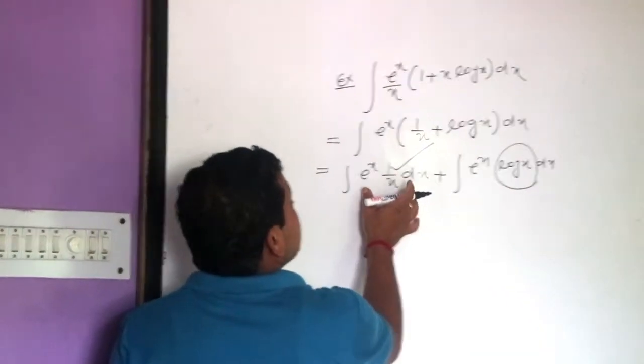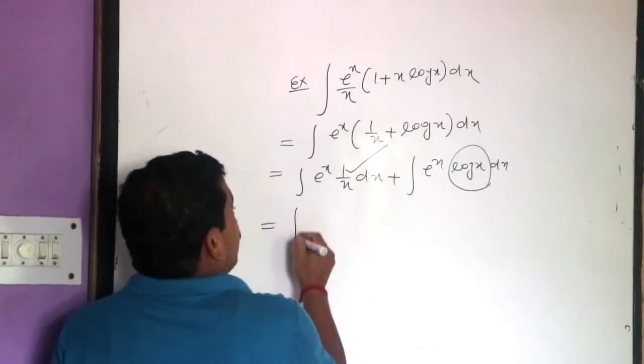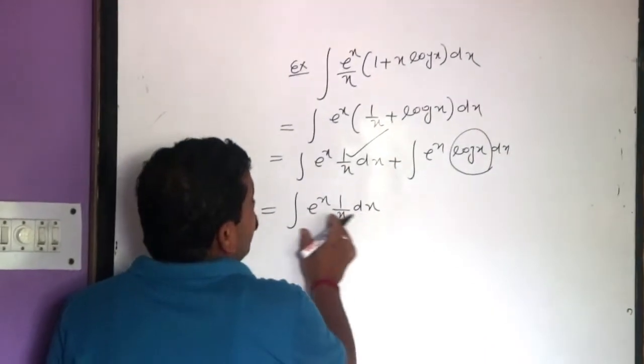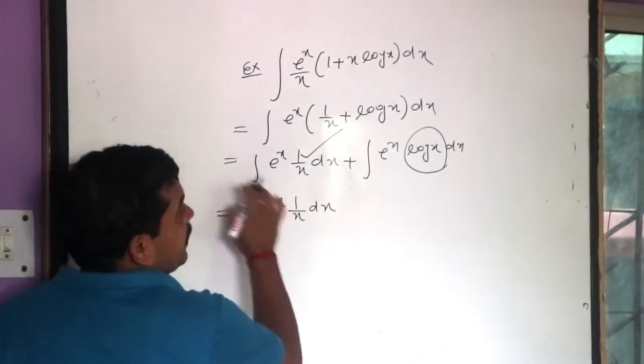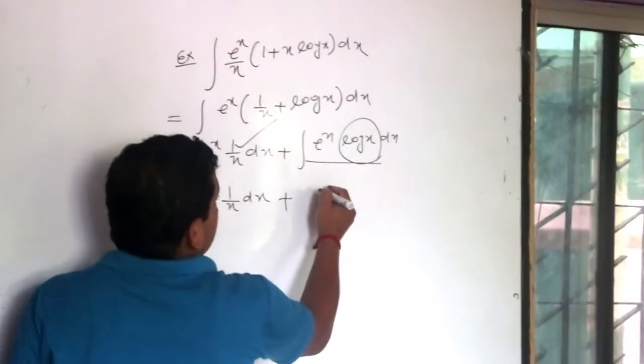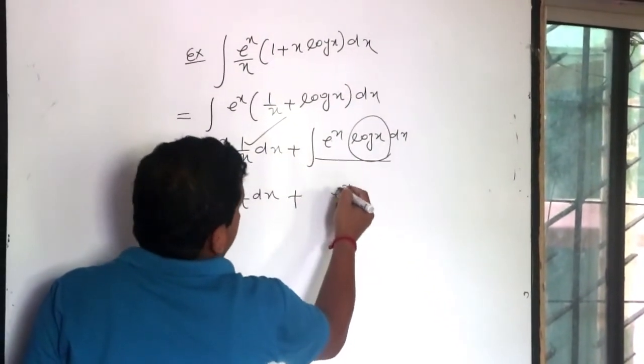So taking this integration as fixed. So taking e to the power x in 1 by x dx is fixed. We cannot use the integration by parts here. Here we use the integration by parts. Integration of e to the power x dx,